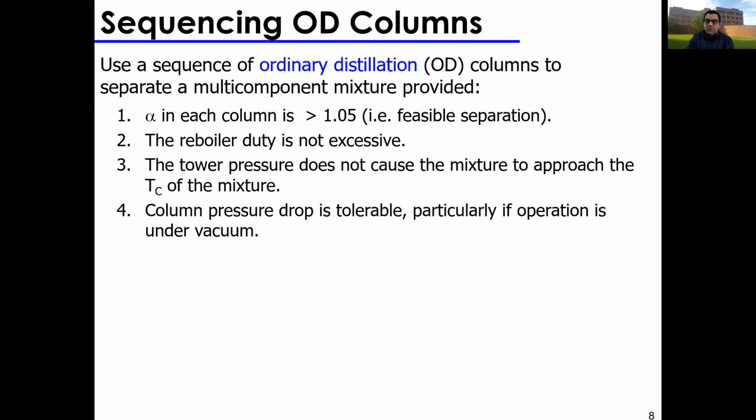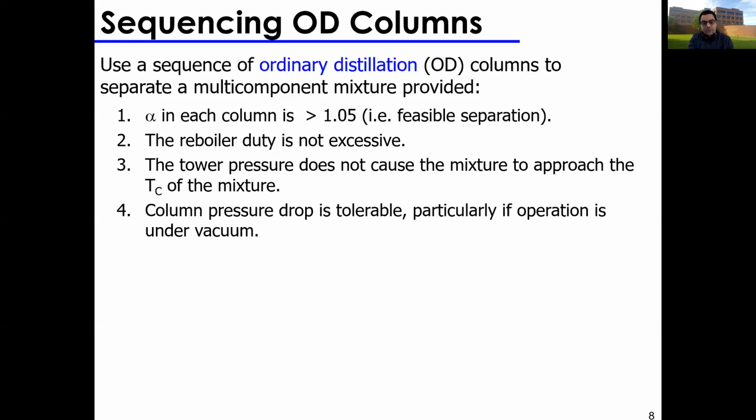Your pressure drop has to be tolerable, especially if you're operating under vacuum. And this decision, you might not really be able to gauge it at the very early stages. However, as you move on, you should be prepared to make changes in your decision making if your pressure drop is so high. Because a high pressure drop correlates to very high operating costs and also correlates to higher maintenance